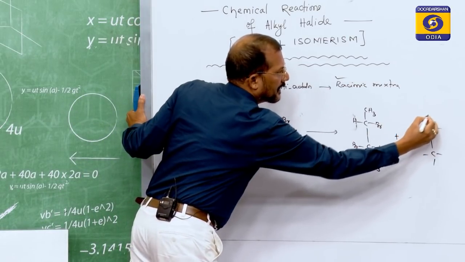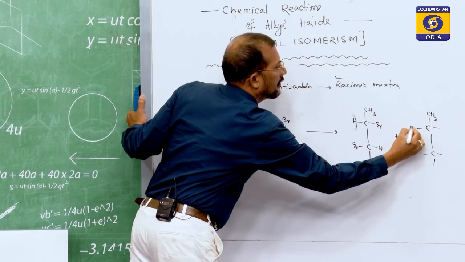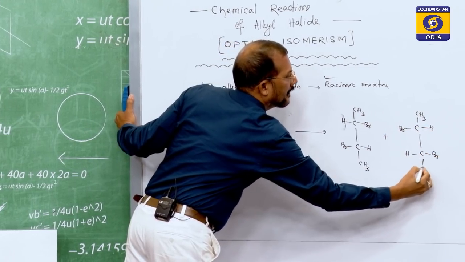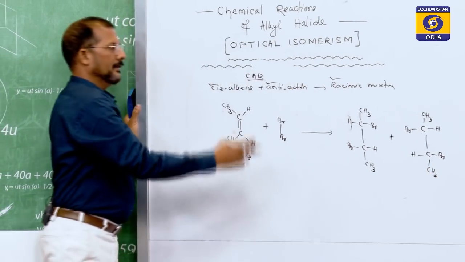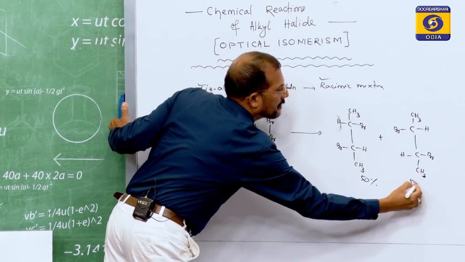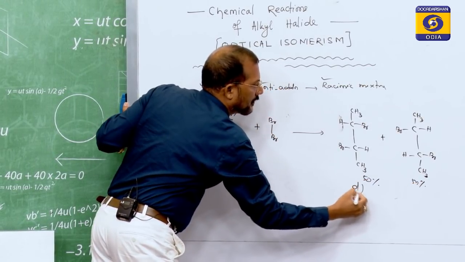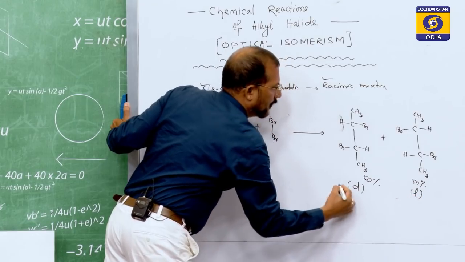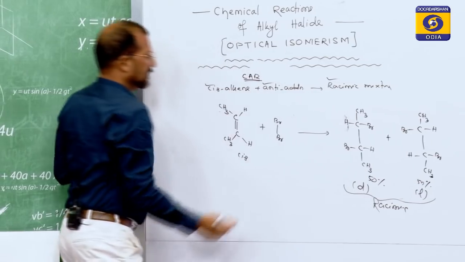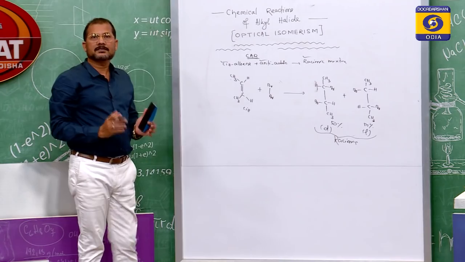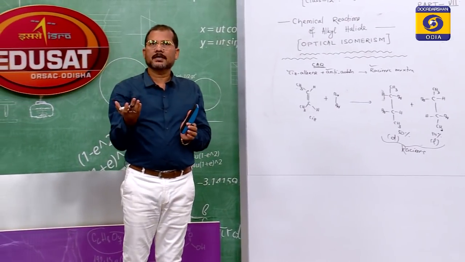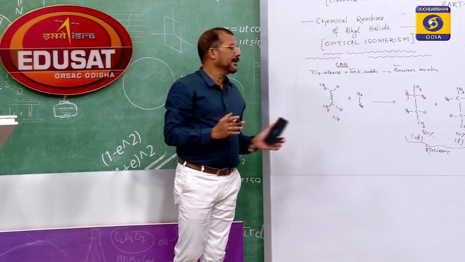50% of chances are there also production of this compound, Br, H, H, Br, CH3. The product we can say, 50% of this product, 50% of this product. If one will be dextro, another will be levo, means the whole mixture is a racemic one, means this is a racemization reaction. This is the speciality of organic reactions which is necessary for understanding, particularly in alkyl halide and alcohol topics